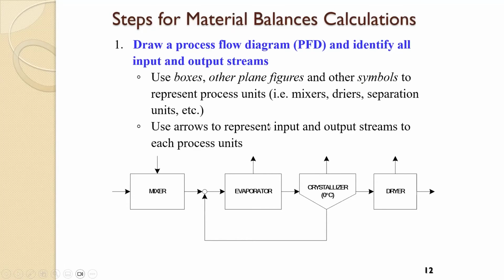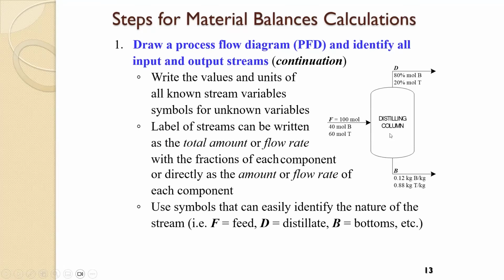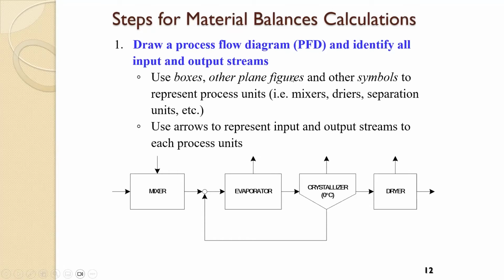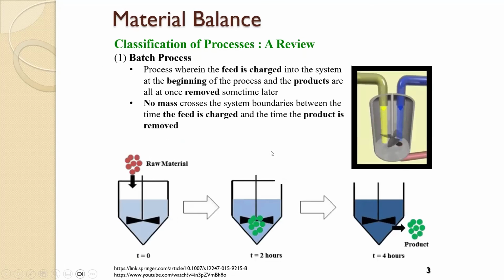So what are the steps? I'll show you some examples of unit processes. First step, you will notice we have a lot of process flow diagrams. So these ones are samples. This is an example of a process flow diagram. Each unit in here, or each box here, represents a unit operation or unit process. For example, in here, you can say mixer. Sometimes the mixer can be like this, like this, because there is mixing.